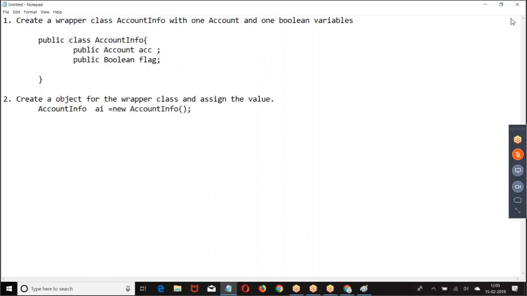Account info. Then what are you supposed to do? AI dot, what is the variable? Then how do you define AI dot ACC dot name?